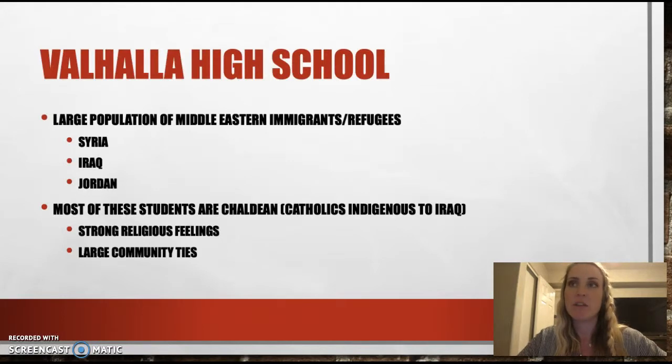And we have a very large population of Middle Eastern students. And those Middle Eastern students are typically Chaldean. And if that is a term that you haven't heard before, a Chaldean is a Catholic that is indigenous to Iraq. And they come with a lot of really unique cultural identities. But kind of the two that I wanted to point out were that they have very strong religious feelings and